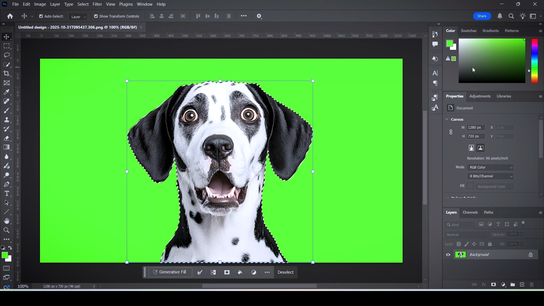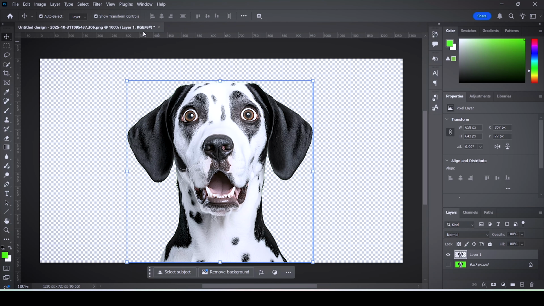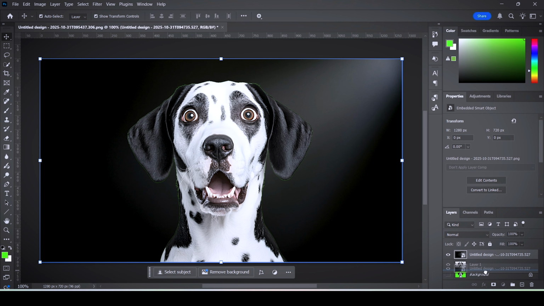Click OK, and then what you want to do for the final step is to duplicate your layer. So select your image layer and hit Ctrl J on the keyboard, or Command J if you are using Mac. And as you can see, if we hide the background layer, you can see that the green screen has been removed. You can then put a new background underneath the subject, and to remove these bits of green, select your